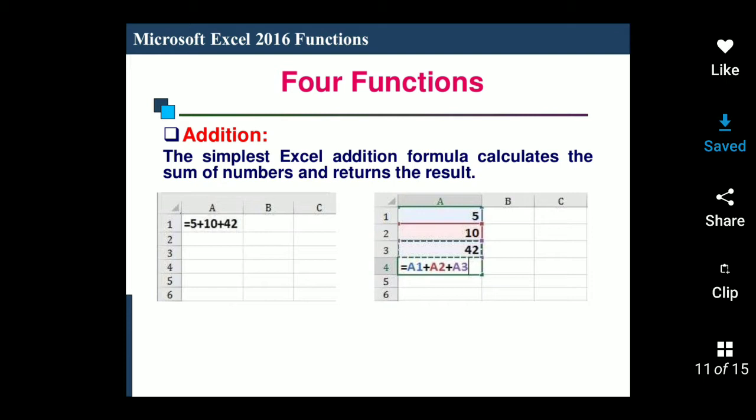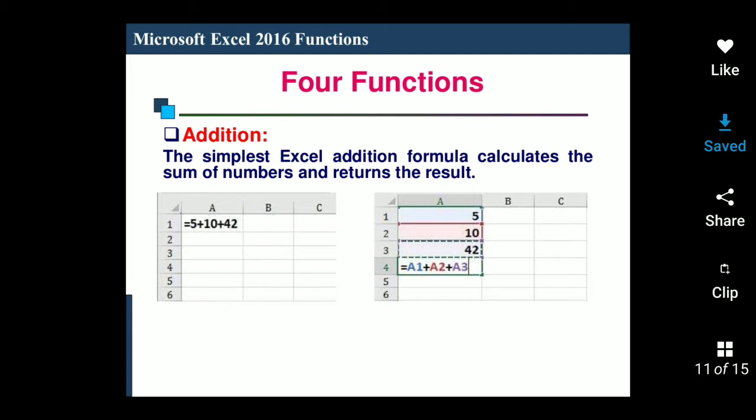So here first we have taken an example to do it with the help of a formula. Addition. The simplest Excel addition formula calculates the sum of numbers and returns the result. So it's a basic and simplest addition formula in which we can add values.